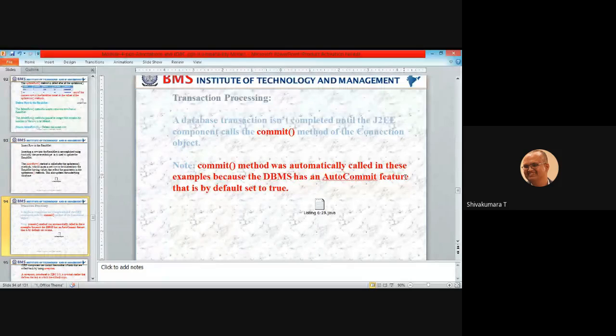Then transaction processing. In database management systems, you learned about transactions. For transactions, two methods might be used: one is commit, another one is the save point method. What is the purpose of commit, what is the purpose of save point, you already know about it. Let us look into it here.